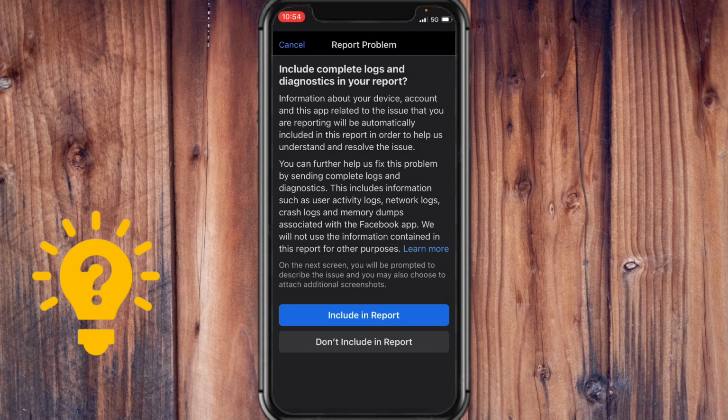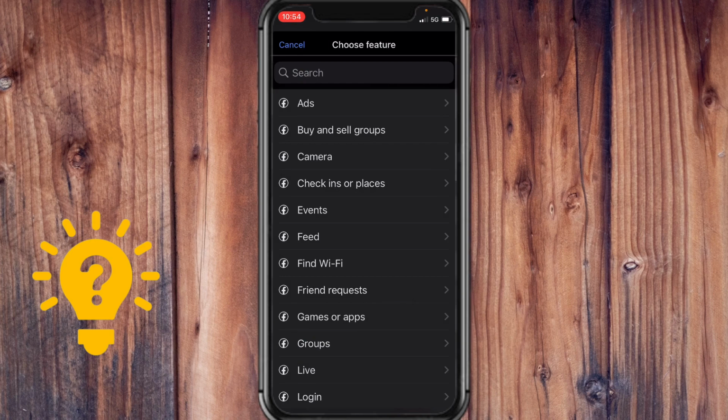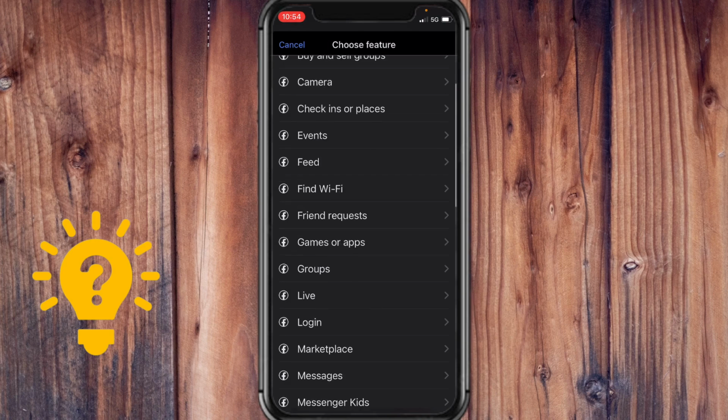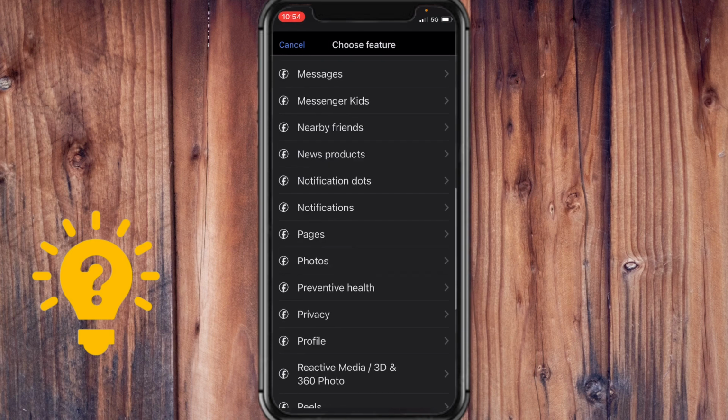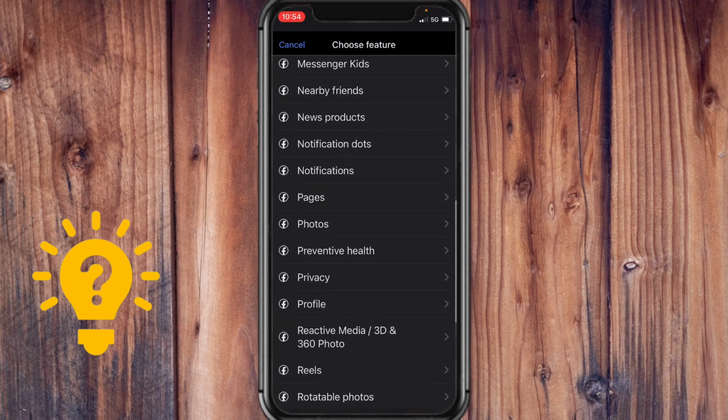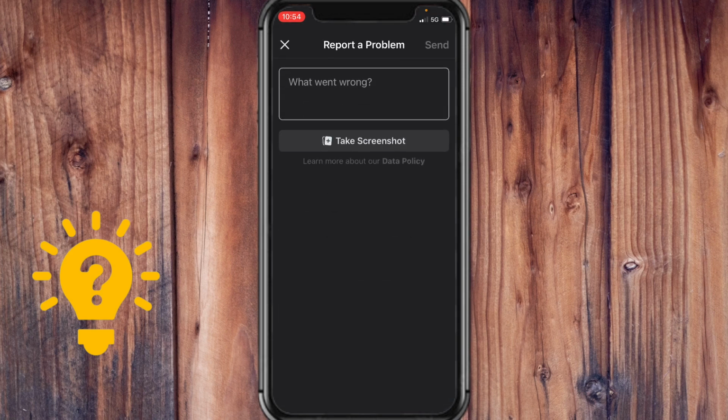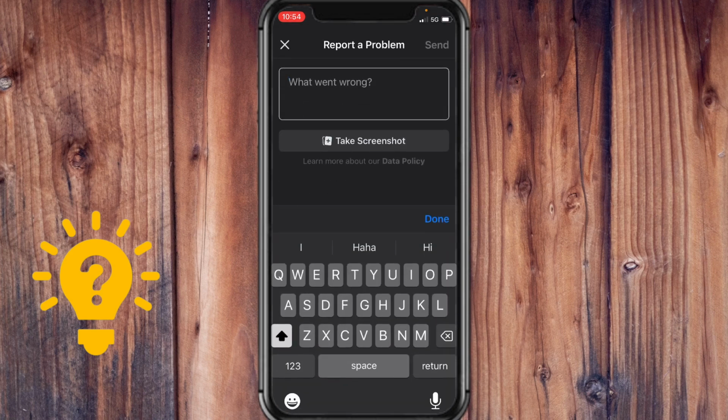And it's going to ask you if you want to include complete logs and diagnostics in your report. But let's just choose don't include in report. And here is a list of the things that you can report on, for example, privacy. And let's just type in something that we want to change. For example,